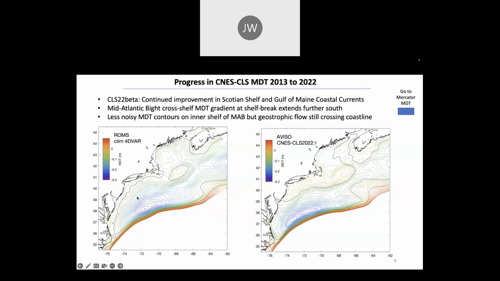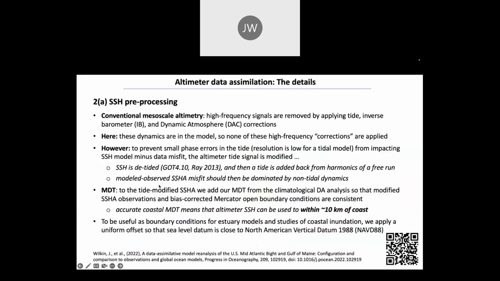So that's why we're working with our climatological analysis. So that's the story for